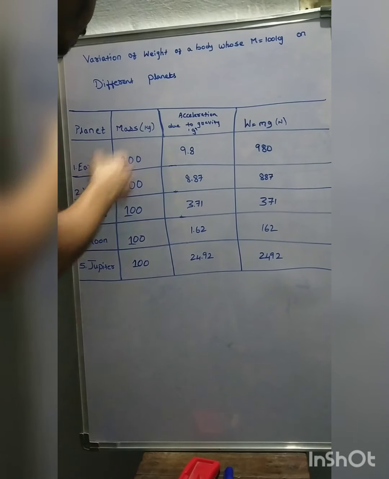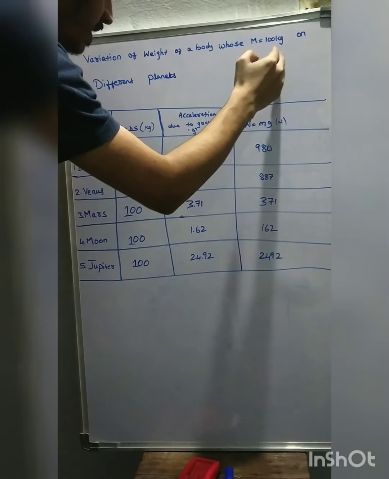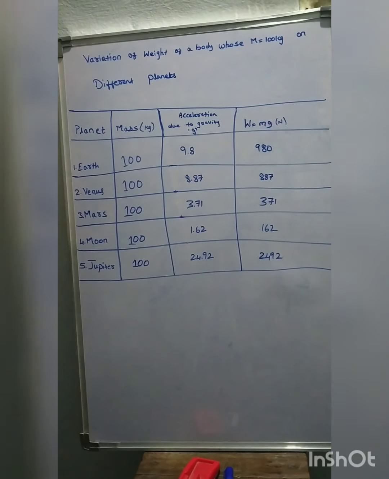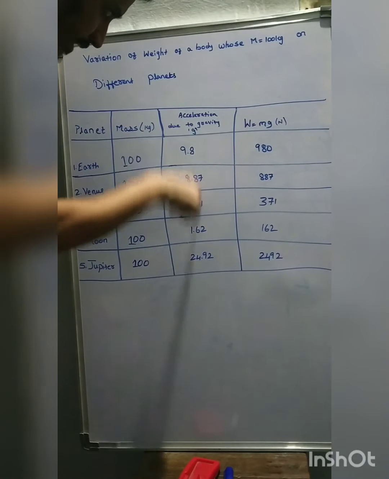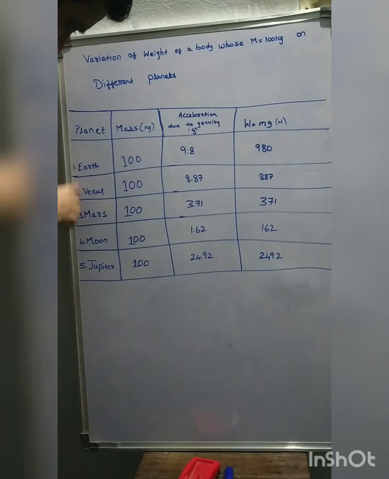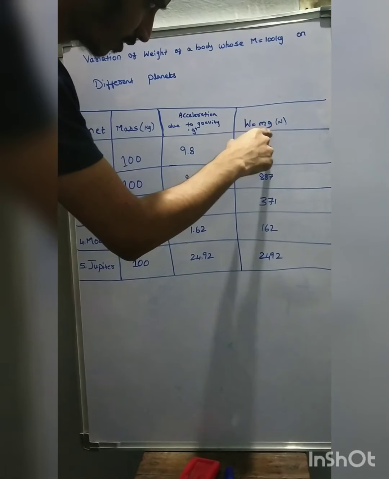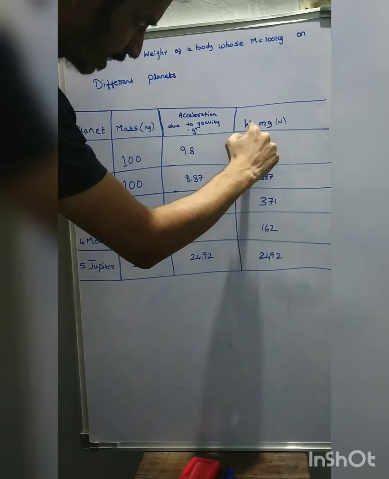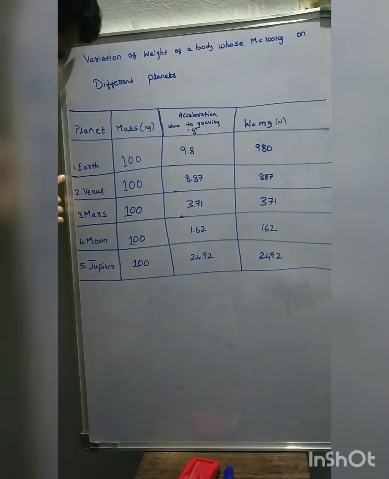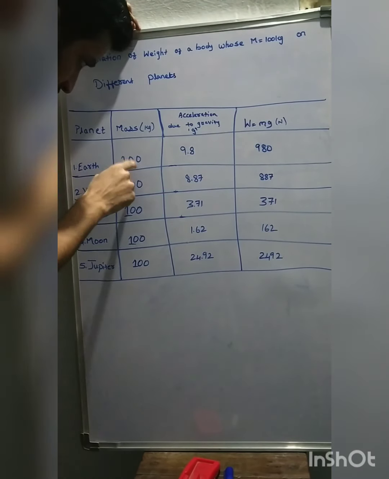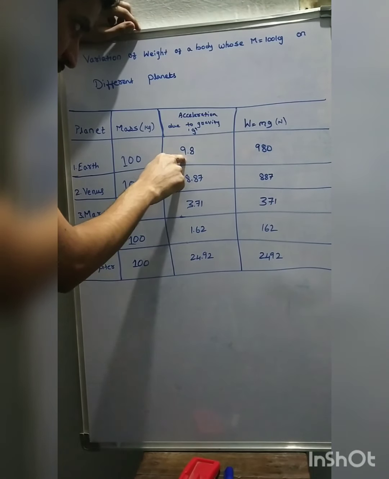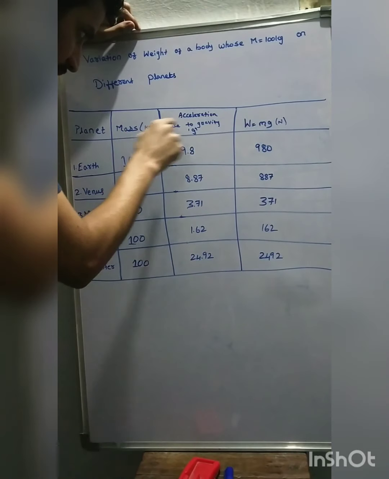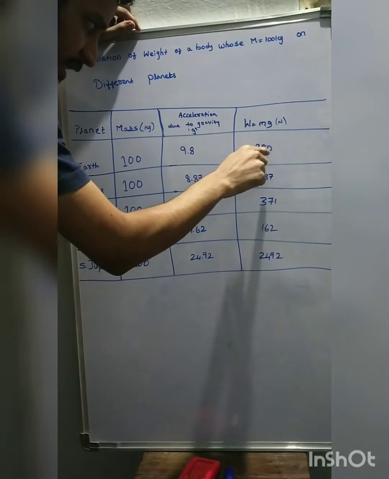So let's see the variation of weight of a body whose mass equals 100 kg on different planets. Here I have taken 4 columns. In the first column I have written the planets, the second column mass, the third column acceleration due to gravity of different planets, and in the last column we are calculating weight, that is W equal to mg. So on Earth, the mass is 100 kg and the acceleration due to gravity of Earth is a constant 9.8. So W equal to mg, that is second column into third column, 100 into 9.8,